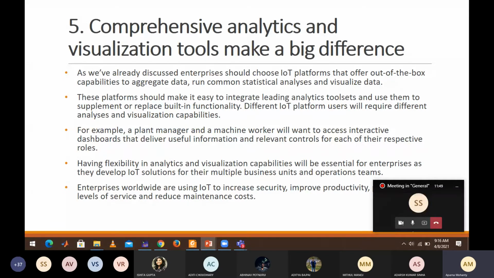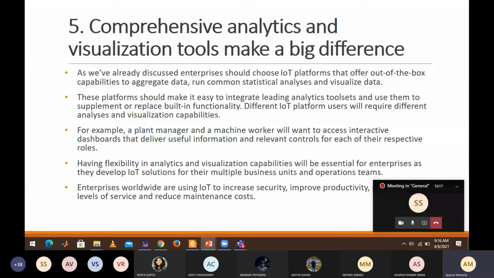Similarly, whenever you go for any protocol implementation or selecting a protocol, make sure that the protocol has proper visualization at each level. Suppose a person at a lower software level is trying to make some changes, he should also have a visualization there. Suppose somebody is at the managerial level, for him also all the visualizations should be available at his level, so that if he wants to make some changes, he can understand visually what changes will happen where.